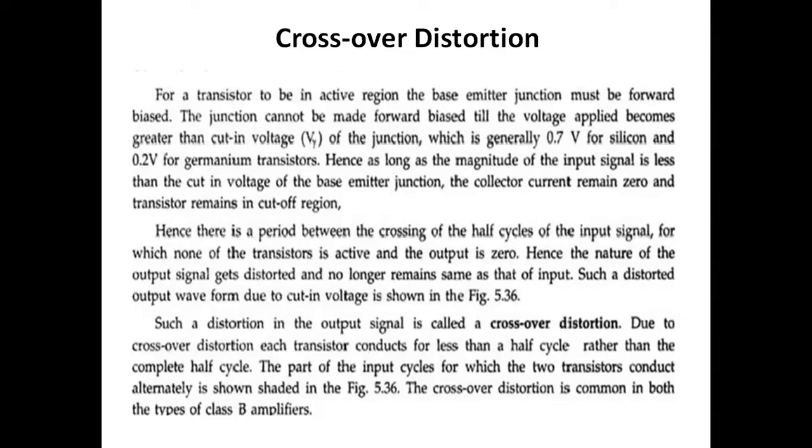And next, class C amplifier. In class C, the operating point is below the x-axis, and because of this position, the conduction angle is less than 180 degrees. That is, the transistor conducts for less than 180 degrees of the input signal, and the efficiency is 80%. That is more than class B, but we have some non-linearity, or distortion, at the output. So that is the overview of power amplifiers.